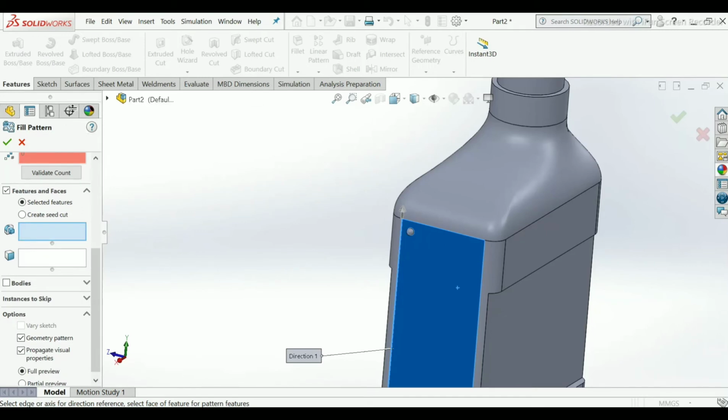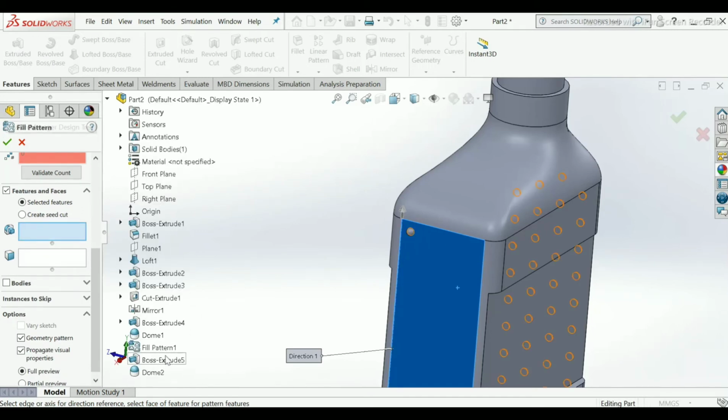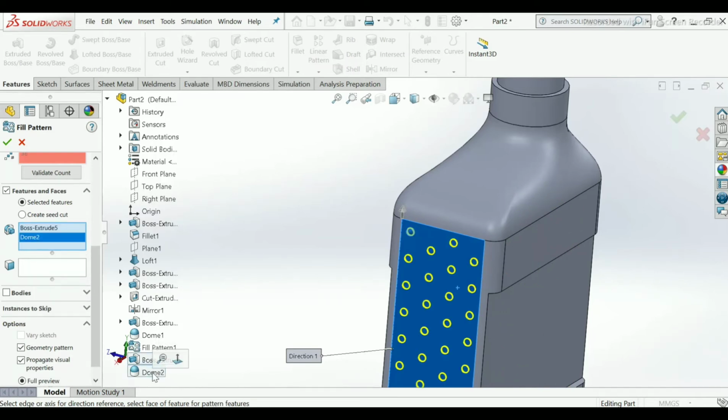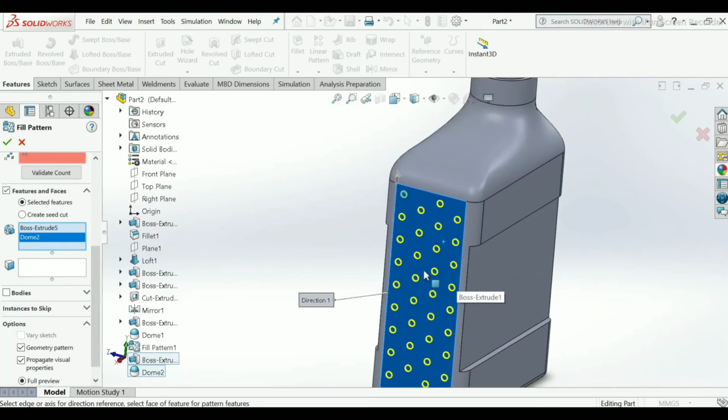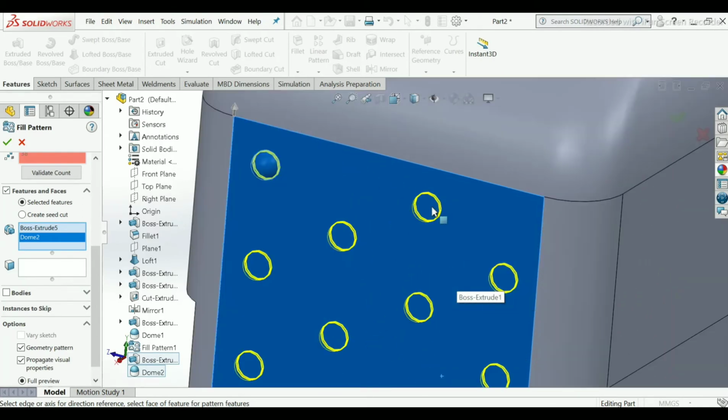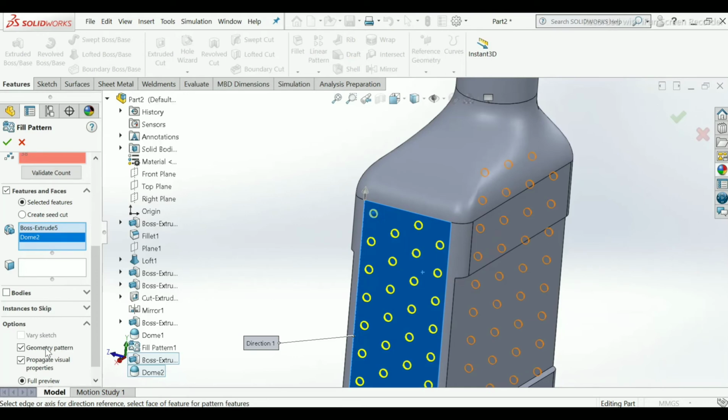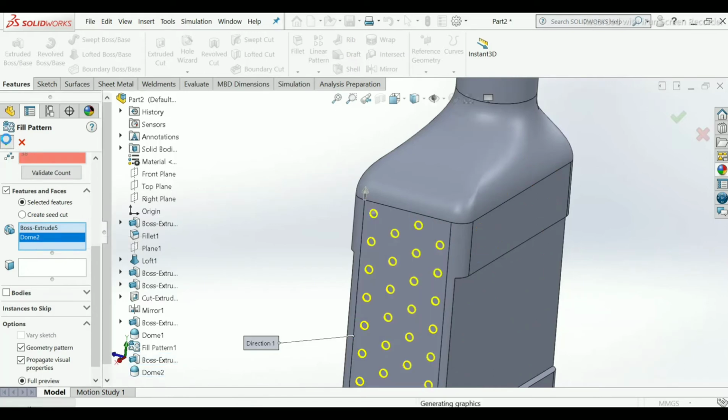So go here, see if we can see the preview of it by applying geometry pattern and features, boss extrusion and dome. Click OK.